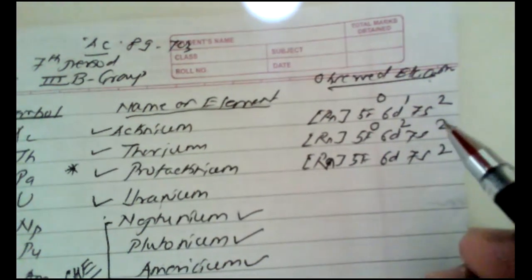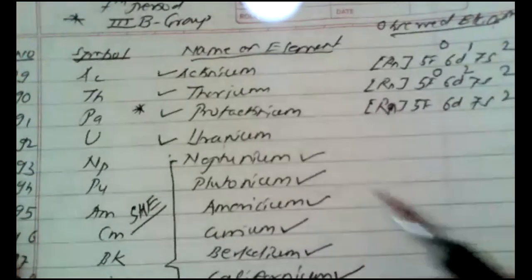Now, again come to protactinium: radon, 5f, 6d, 7s2. But now, again, we are approaching towards the mean of these energies. See here again. Protactinium. Here, again, we are very close in energy. That is, the energy gap between 5f and 6d is very, very small as we approach protactinium. So now the picture is somewhat different.